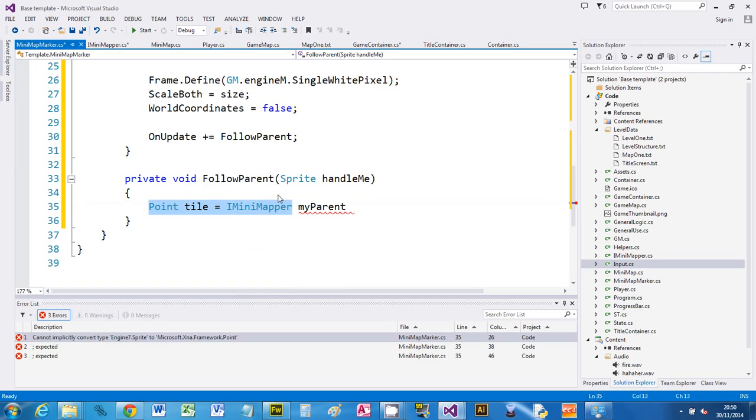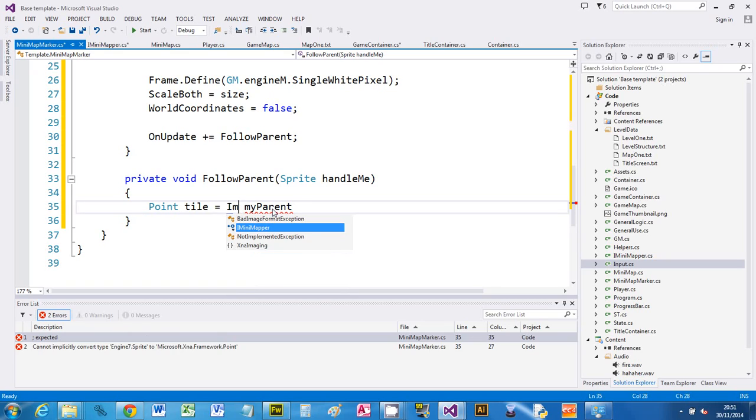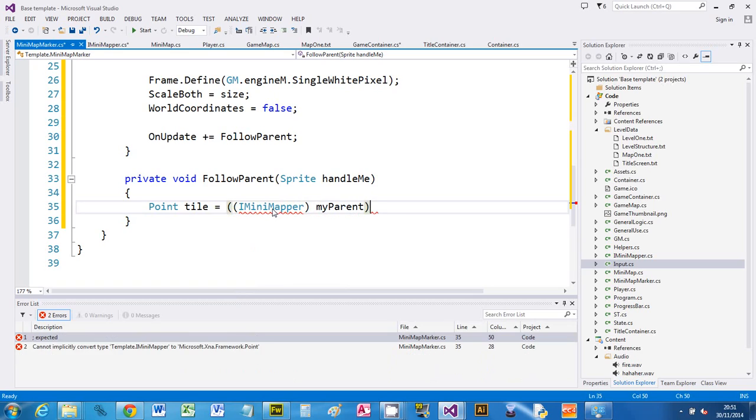The problem with IntelliSense, apart from it sometimes crashes and you have to load your project again, is it doesn't work if you've got your cursor next to another character. So give yourself a little bit of space. So I've got a space on either side of the cursor now, and I'm going to say I minimap mapper. Right, put that in brackets, and then put a whole set of brackets round both that and my parent. Now when you press dot,